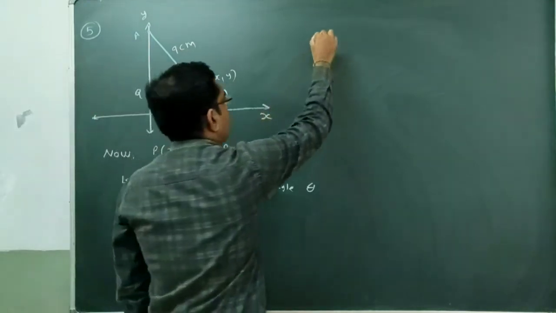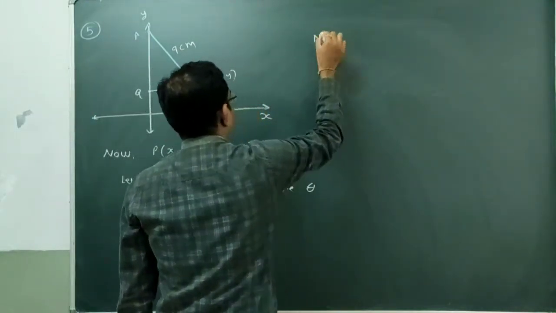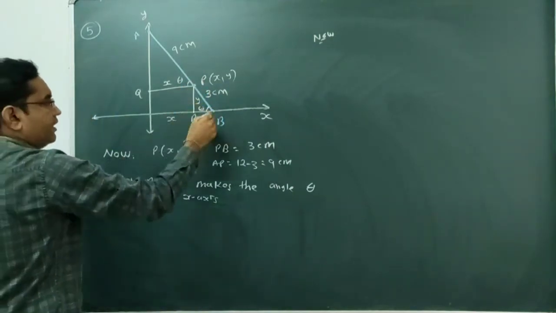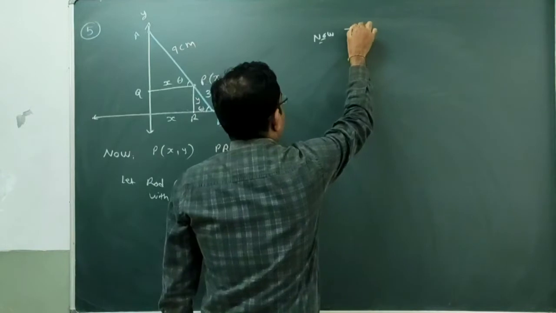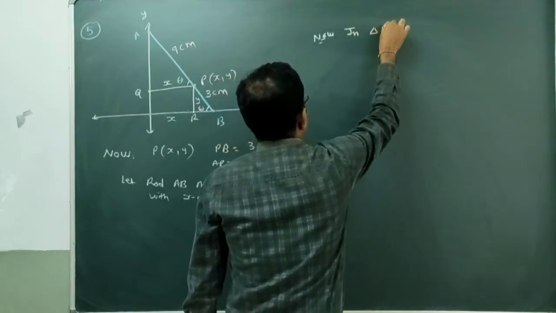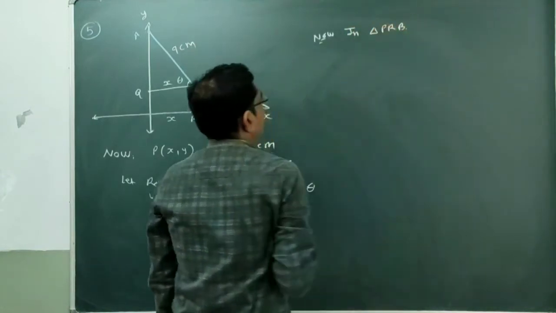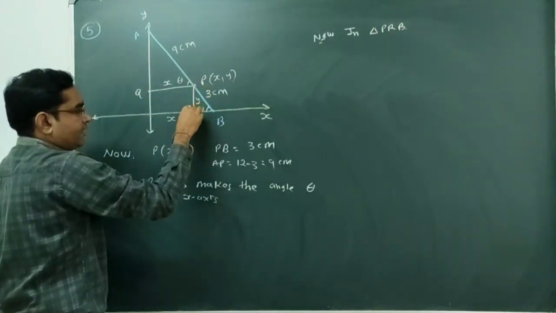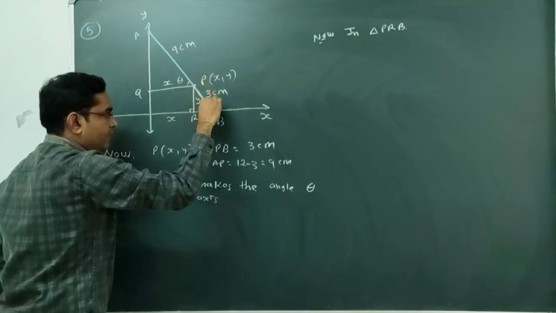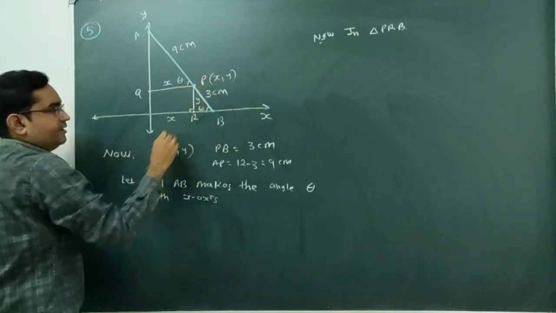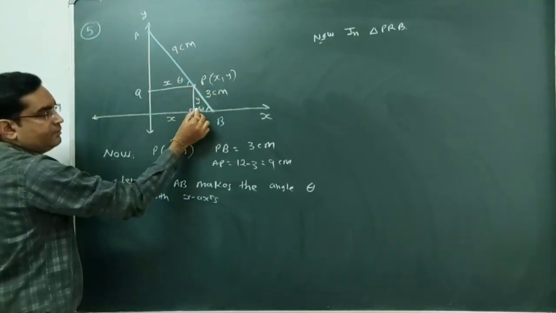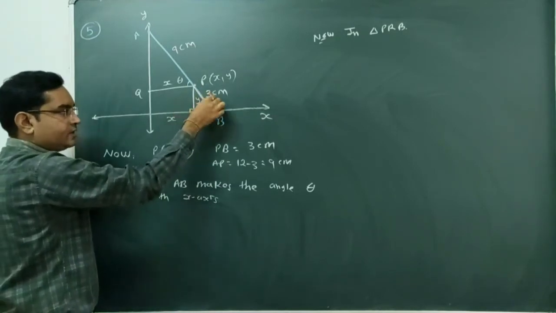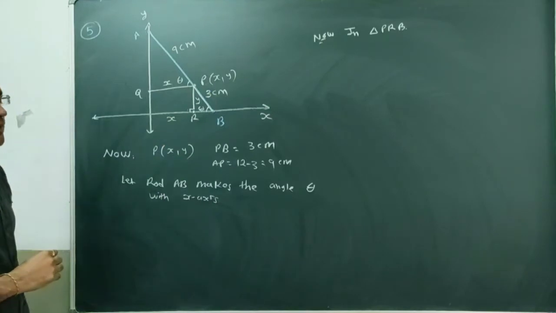So now to find the equation of this point P, we are assuming a triangle. Suppose a triangle PRB. In this PRB, this is one right angle triangle, so here we know the length of this hypotenuse and this opposite side. For this triangle PRB, theta is there. So for this theta, we know this opposite side and this hypotenuse.